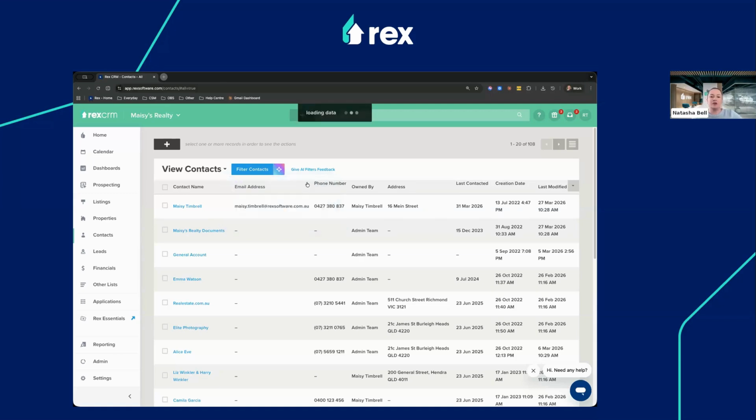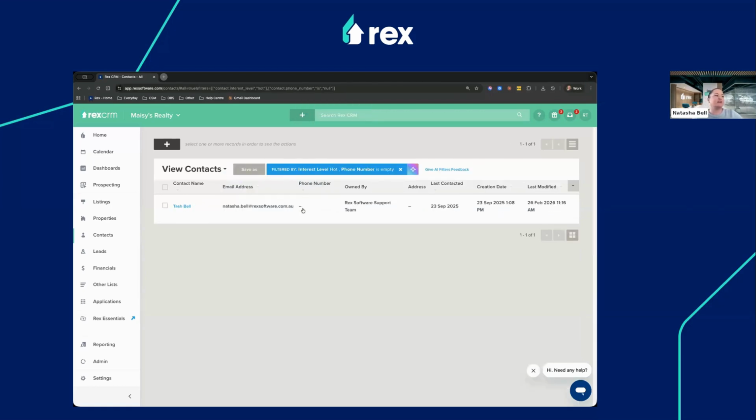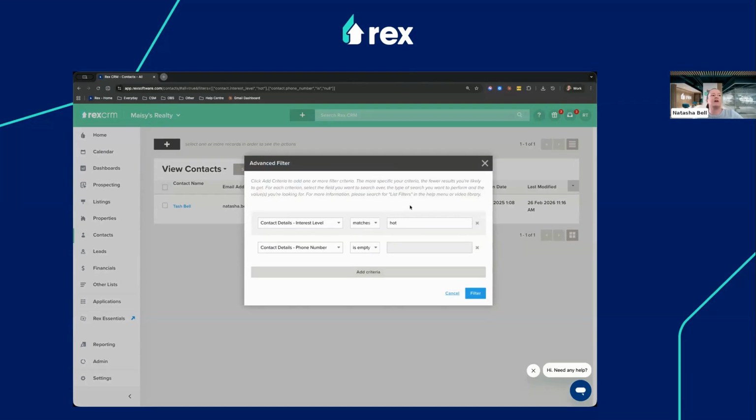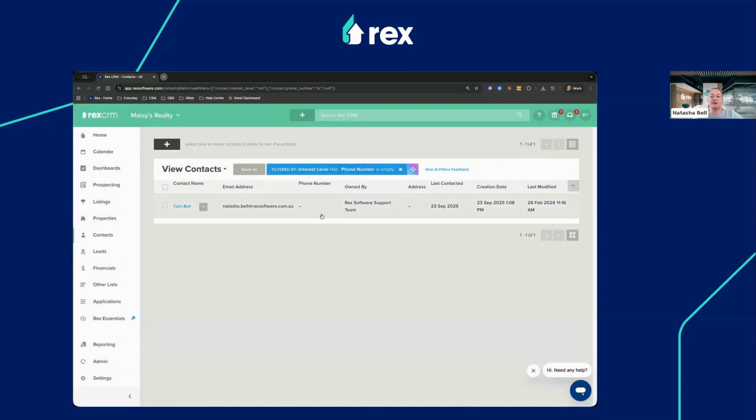Now, while you're learning, you may not understand entirely what these are. So when you actually click on it, you can see the breakdown. So you can click on here and go, oh, okay, interest level. So this contact has an interest level that's hot. But then I might look at that and think, I don't actually know what that means yet. So if I click onto here,